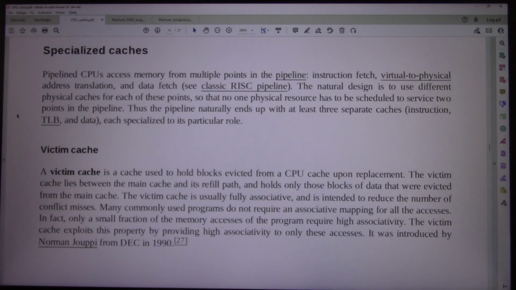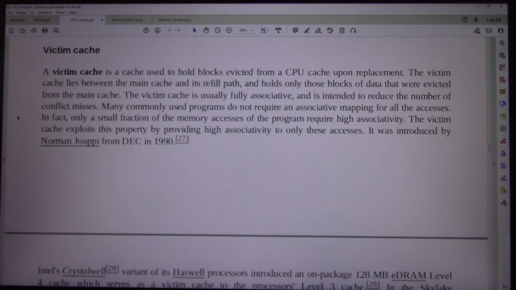Victim cache. A victim cache is a cache used to hold blocks evicted from a CPU cache upon replacement. The victim cache lies between the main cache and its refill path, and holds only those blocks of data that were evicted from the main cache. The victim cache is usually fully associative, and is intended to reduce the number of conflict misses. Many commonly used programs do not require an associative mapping for all the accesses. In fact, only a small fraction of the memory accesses of the program require high associativity. The victim cache exploits this property by